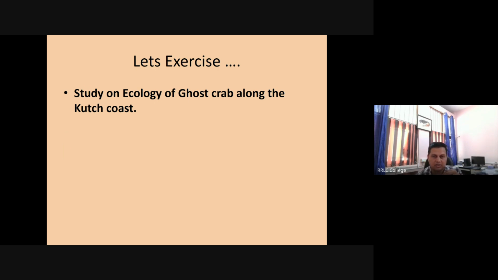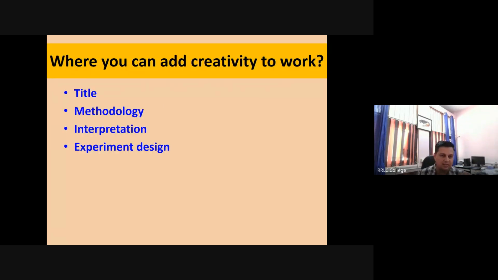Just as a story or movie adds a lot of creativity, if you present at a conference you can make a title like understanding the unknown ghost crabs along the Gulf of Kutch. These kinds of titles, not in a PhD but when you are presenting somewhere, can attract a lot of public. Many people get attracted, wondering what this ghost crab is, which is unknown, about which nobody knows. So one way is we can modify the title.